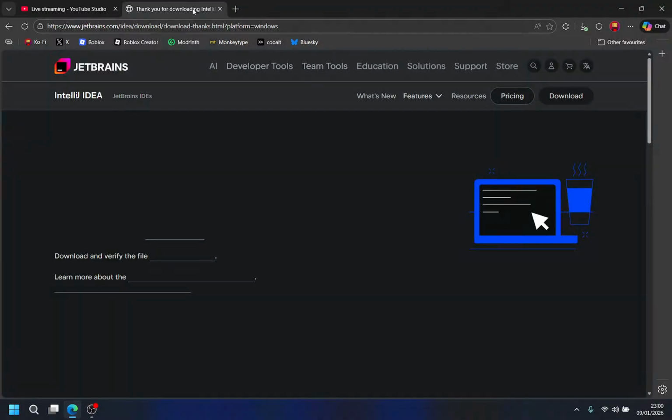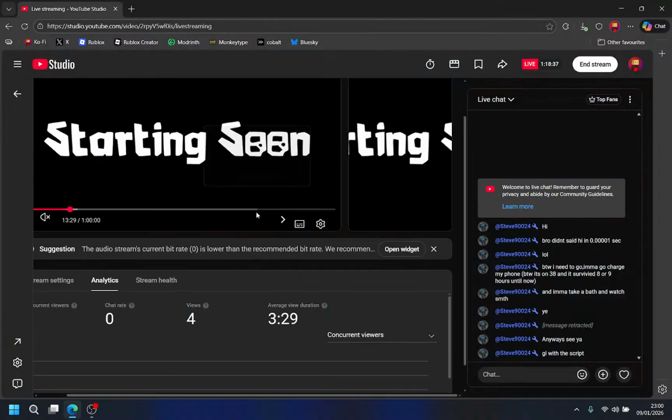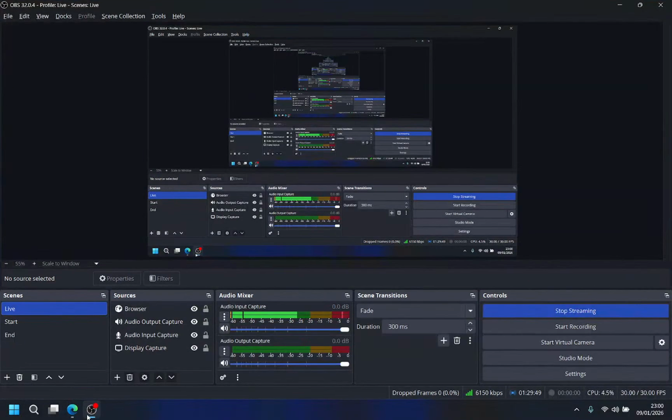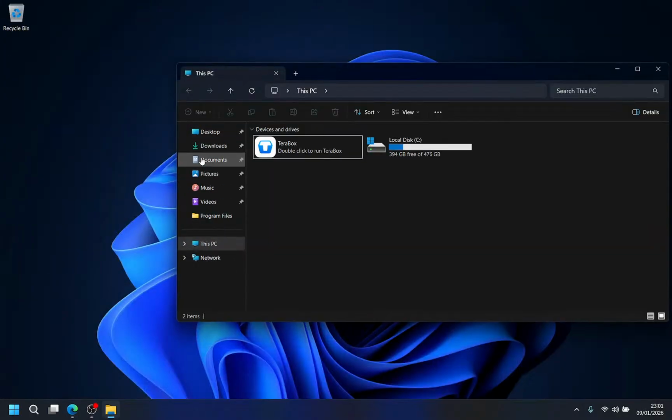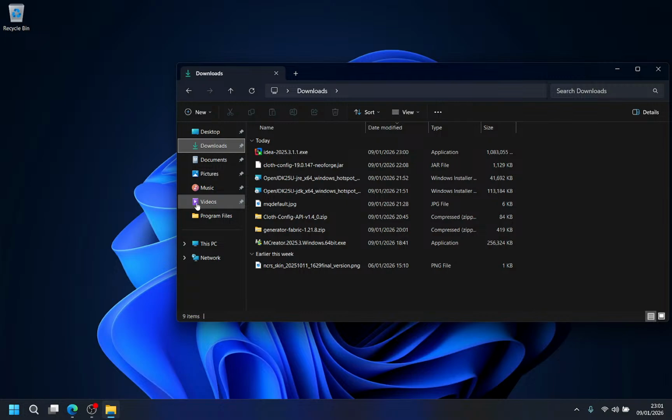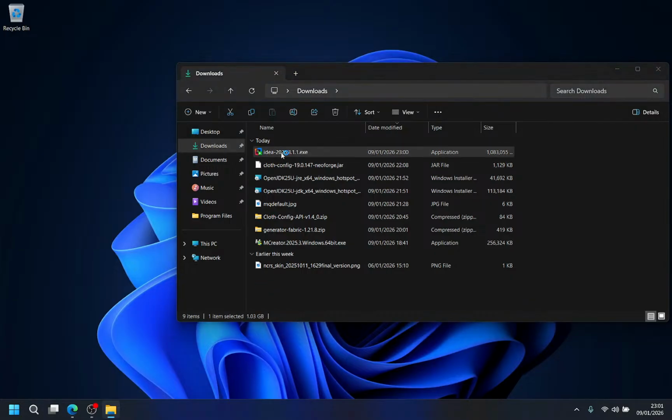Oh, I thought you could make it change or something, like make the text also go white instead of staying in a non-readable color. But no. So let's download IntelliJ IDEA, you know.